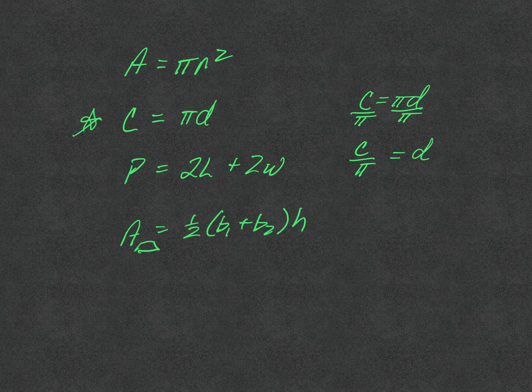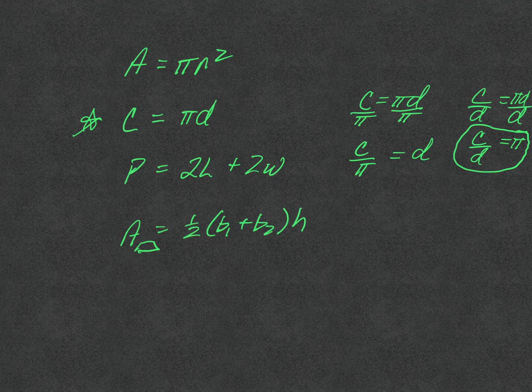You could also solve for pi here, where you had the circumference divided by the diameter equals pi d divided by the diameter, and get the circumference divided by the diameter of a circle is equal to pi. And by the way, the ancients knew this, and this is how they discovered that pi was approximately 3.14. They used this strategy to solve for it. Anyway,